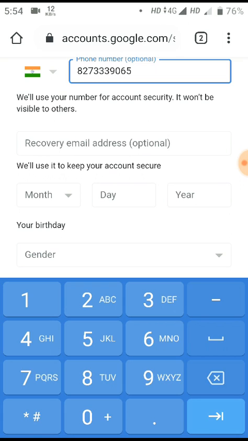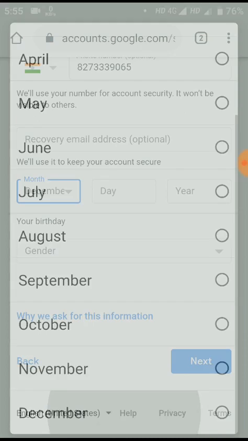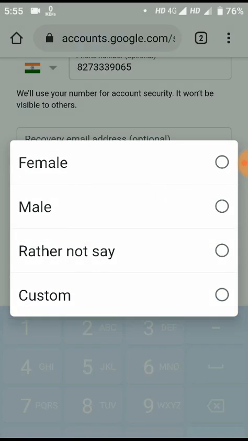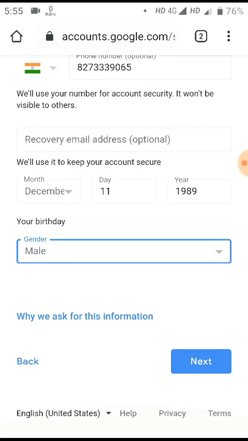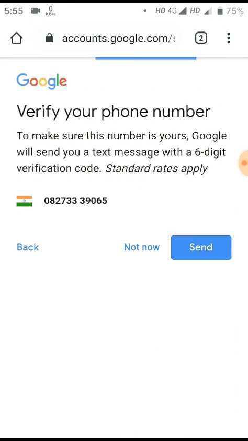It is not necessary to write any email address here, but if you have one, you can write it. You can write your parents' email address, or your elder brother's or sister's. Here you will write your date of birth. Now I am selecting gender, then I will click on next.